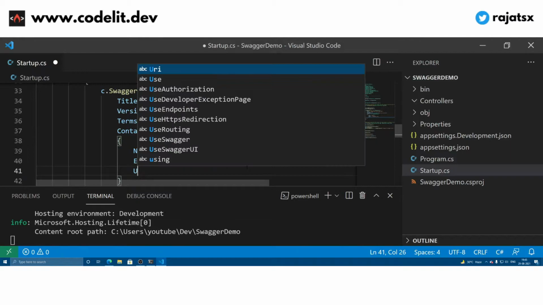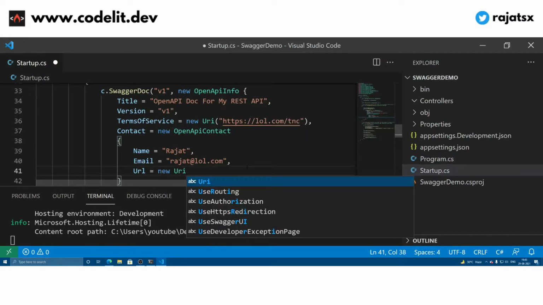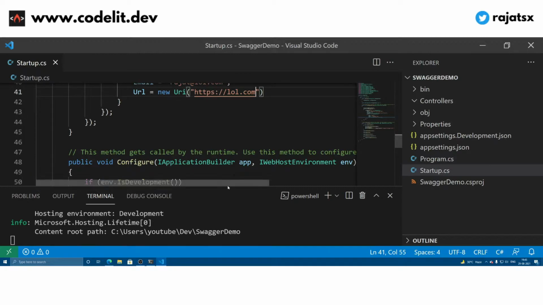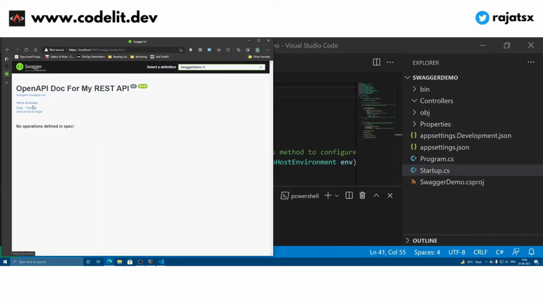And then I can also provide my website as well, new URI and then https lol.com. So if I reboot it again, I will get to see all this information over here. So this is how you can provide some contact information, TNC and other stuff to your API documentation so that people can reach out to you.